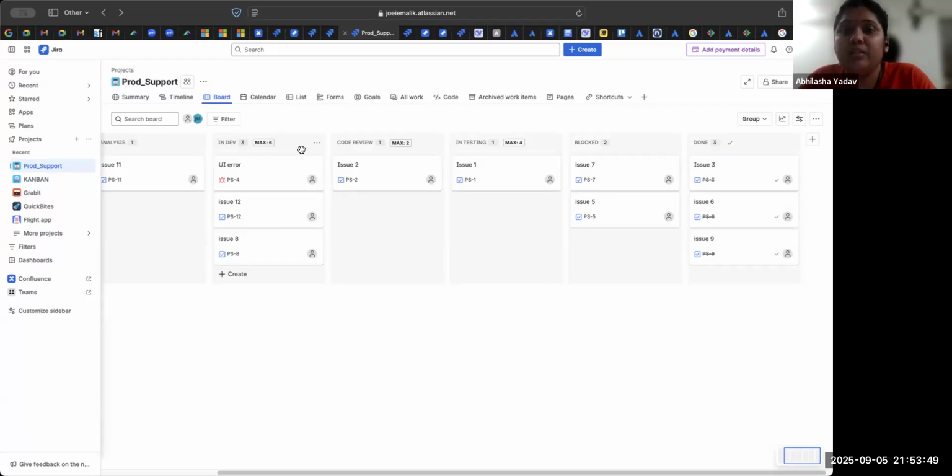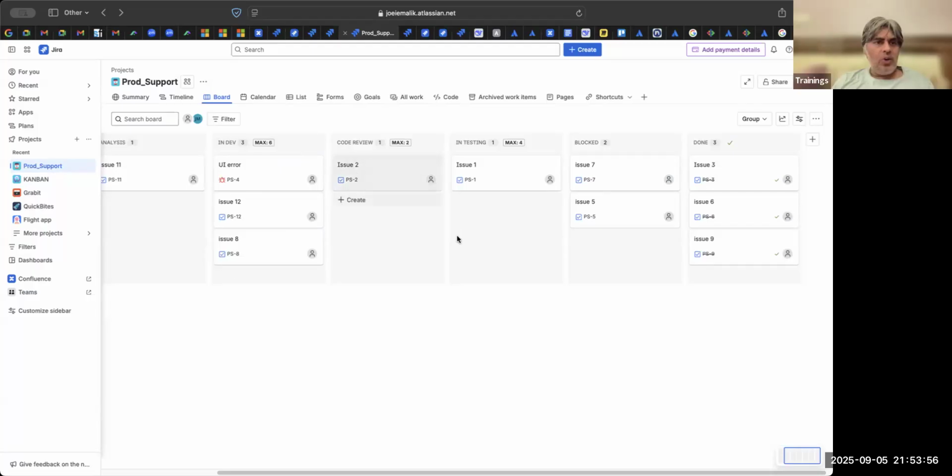It is not mandatory to apply limits, but Kanban is based on this philosophy that you apply WIP limits. If there is too much buildup and things are not moving to done, it's like, see, too many cars are coming in. They are stuck at a point. Nobody is going to its destination. So you will put traffic lights so that the traffic flows.